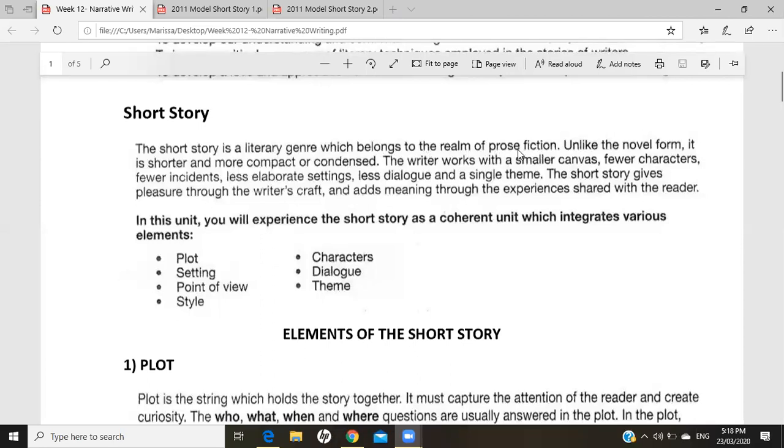So prose fiction, anybody knows what the word fiction means? Prose has to do with essay writing in paragraph form. So anything you read that's written in a paragraph or essay format, that's considered prose. But anybody knows what's fiction? Yes, Andrew? Is it a synonym for imaginary? Good. Thanks for bringing that up, yes, it is a synonym for imaginary